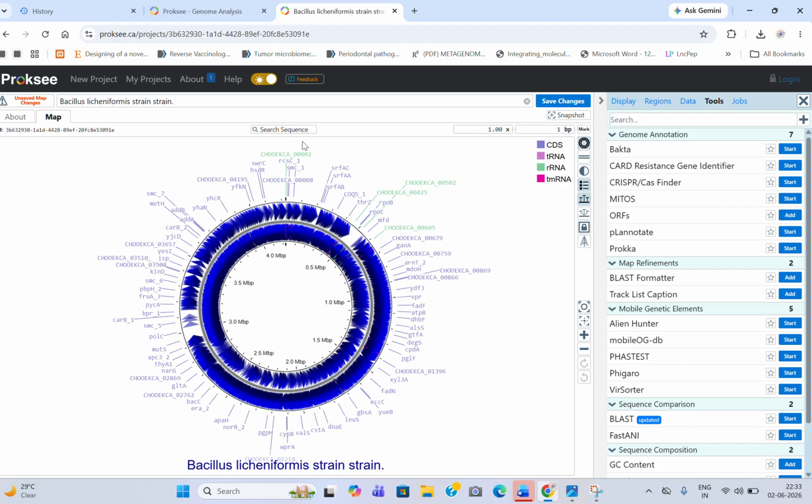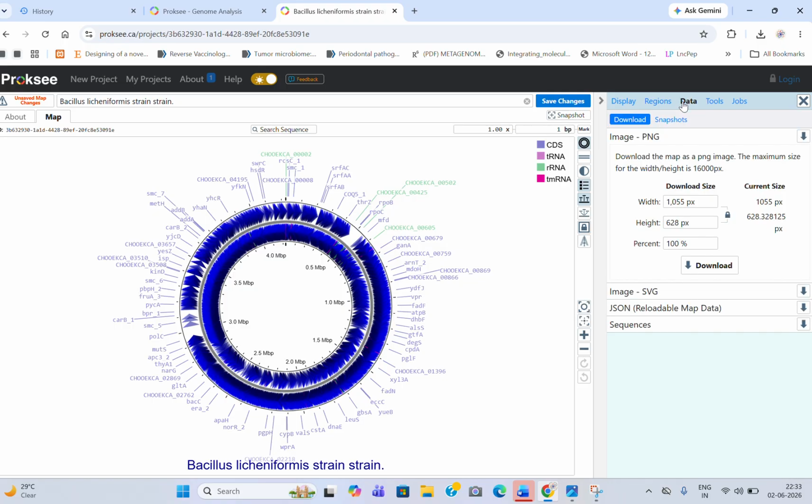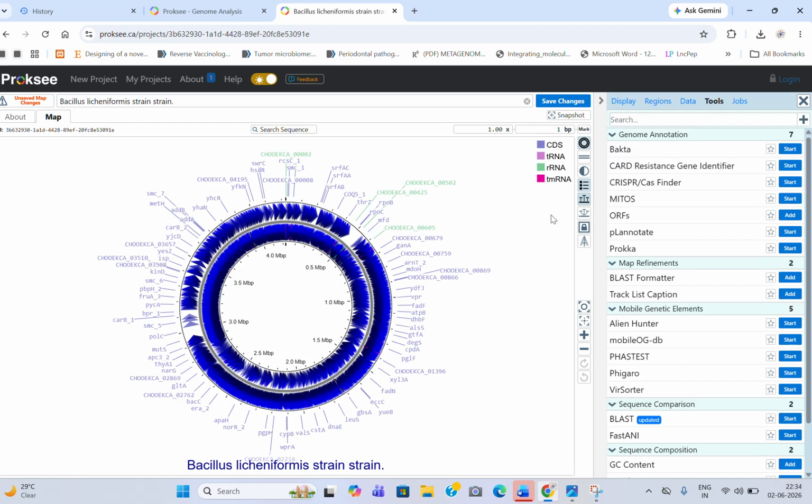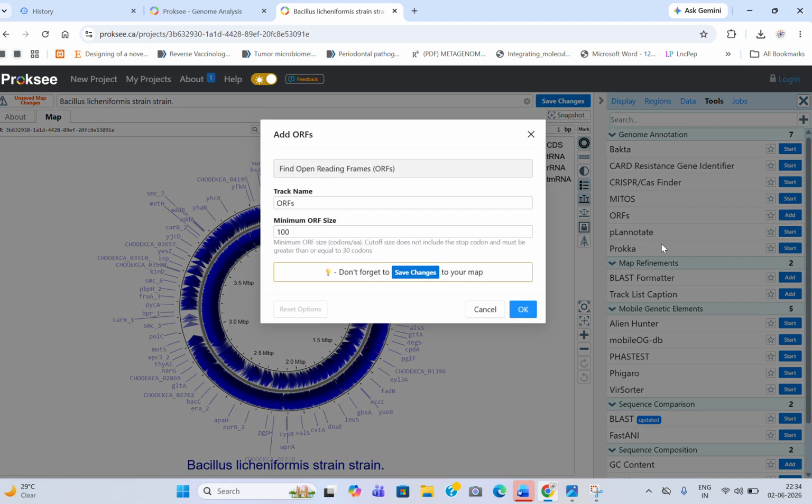This is the assembly of the whole bacterial genome sequence. You can add any sequencing, just like if you want to add the ORF, the origin of replication, then click on add, click on OK, and